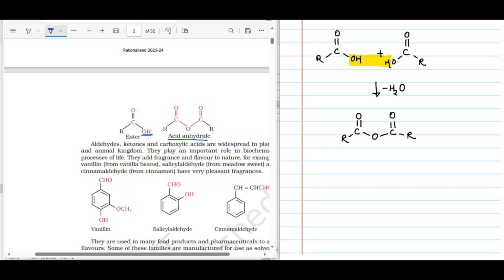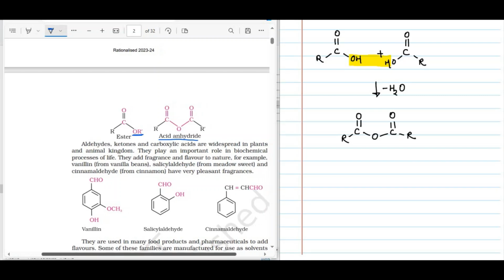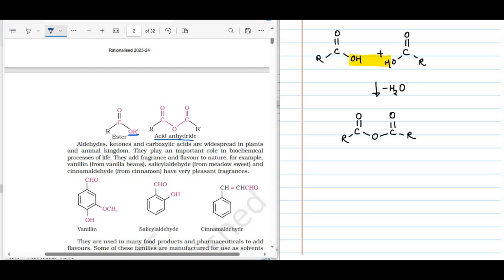Aldehydes, ketones and carboxylic acids are widespread in the plant and animal kingdom. They play an important role in the biochemical processes of life. They add fragrance and flavors to nature. For example, vanillin from vanilla beans, salicylaldehyde from meadowsweet and cinnamaldehyde from cinnamon have very